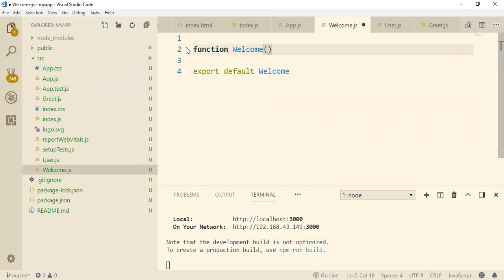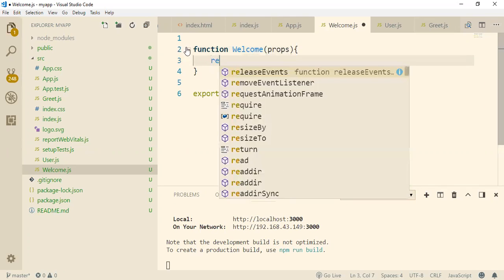What is a function-based component? A function-based component is a JavaScript function which accepts some input as props and returns a React element or JSX which describes what should appear on the screen. So it will receive props as a parameter.